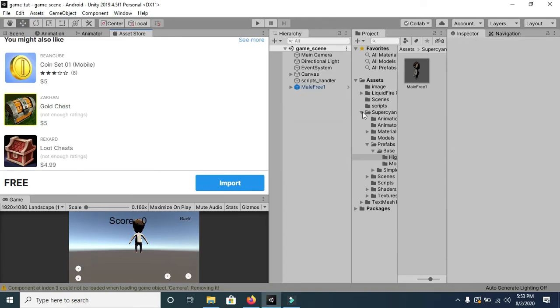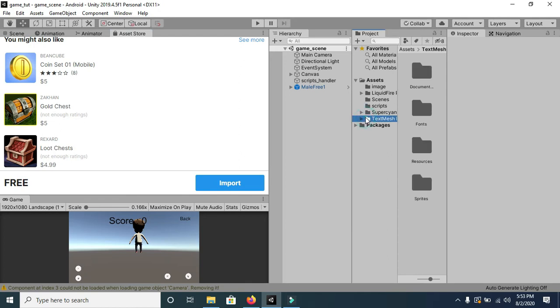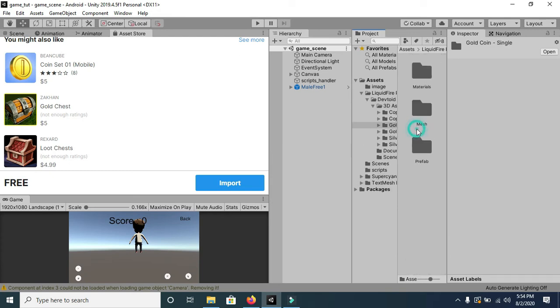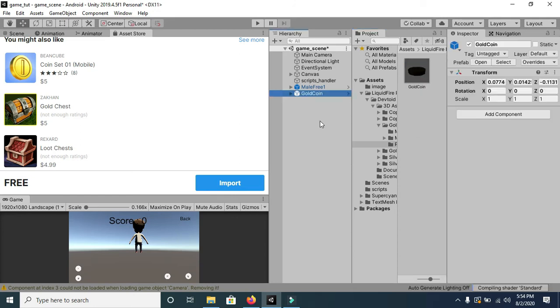Now you can see that the other asset is also downloaded, this coin asset. Now I will go to this golden coin, and here you can see we have our coin asset.